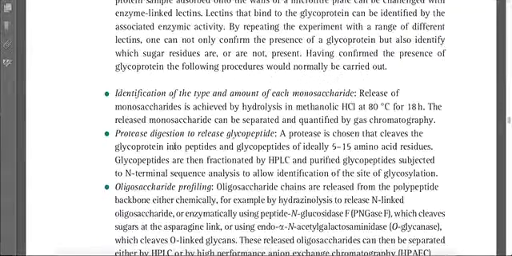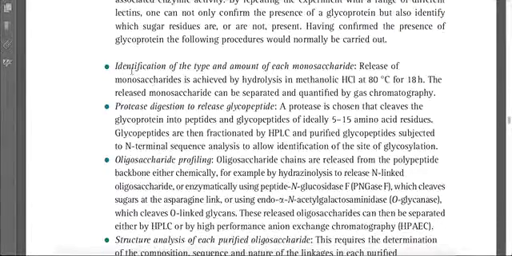On the other hand, there are 3 other steps. If somebody wants to identify the type and amount of monosaccharide, it can be achieved by hydrolysis of the protein in methanolic HCl at 80 degrees centigrade. You can easily isolate monosaccharides, as this reagent will release monosaccharides, which can be identified or quantified by gas chromatography. The second point is very important,